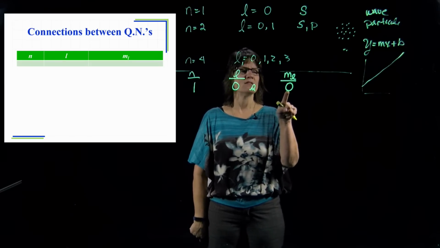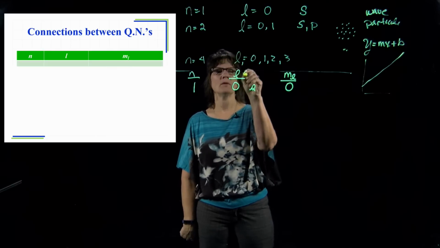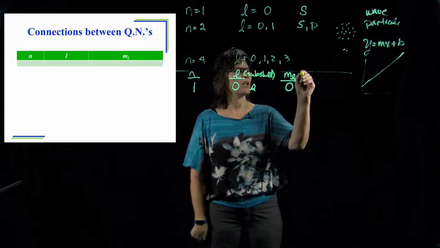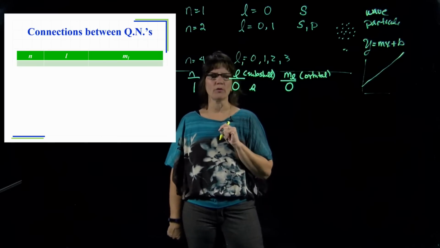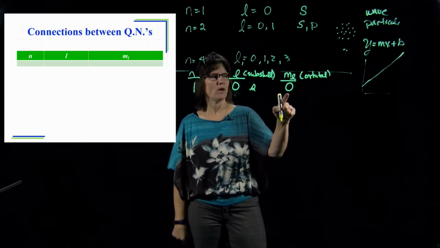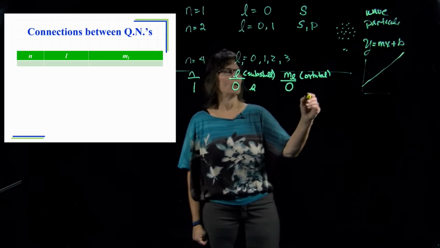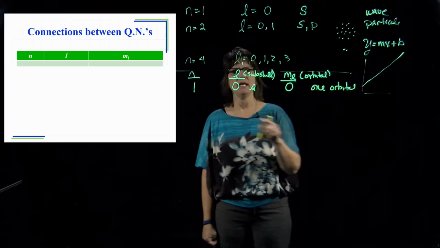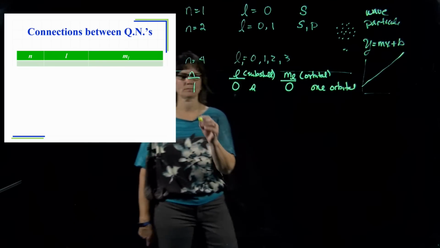What is this telling me? This is telling me the number of orbitals in this subshell. So L is telling me my subshell, and M sub L is telling me the orbital, and there's only one orbital there. Now this looks like a 0 to me, but it's the number of numbers you see, not what the number is. I see one number here, which happens to be a 0. There is one orbital in the S subshell.